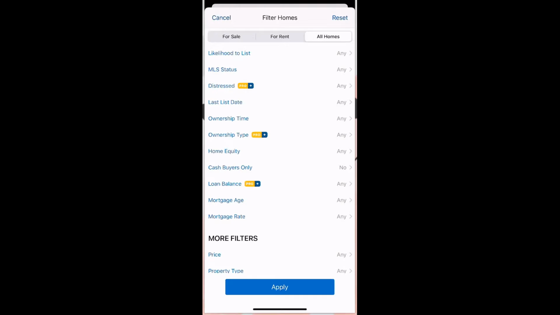Distressed is Pro Plus, so we don't have access to it. We're going to move on to the next. Last list date would be the last time that the property was listed. Ownership time, the time or the years that the owners have been there. Ownership type is also a Pro Plus feature. We do not have that. Home equity, and that's estimated home equity. Cash buyers only. Loan balance is also a Pro Plus feature,